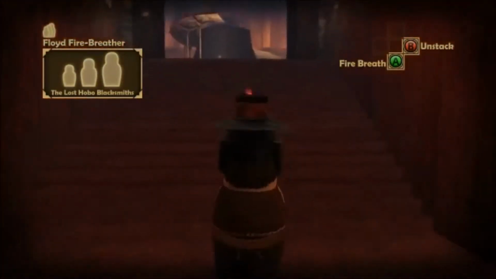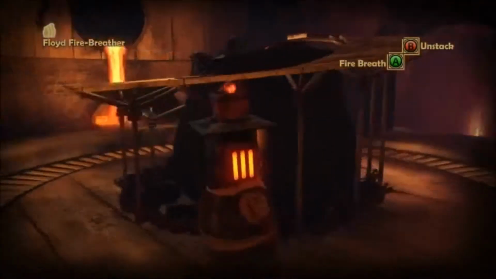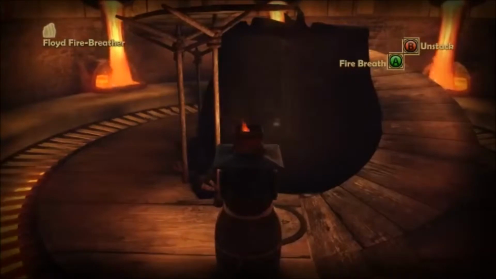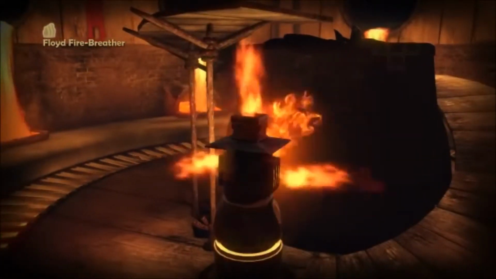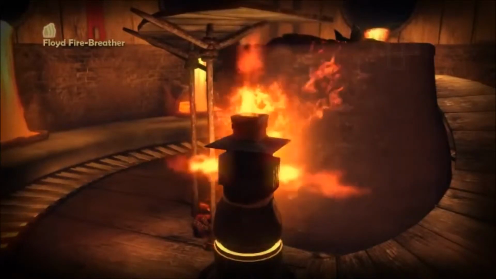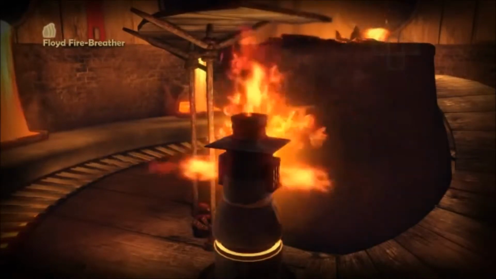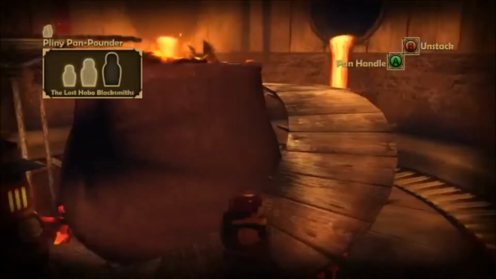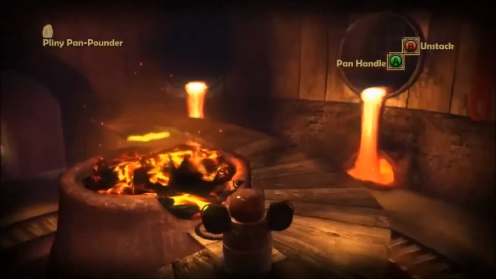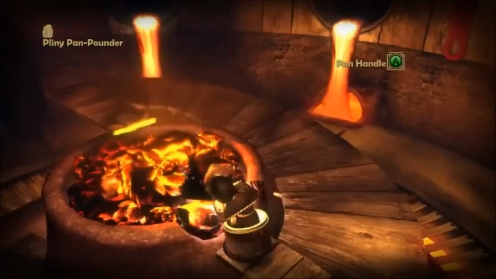Grab the hobo blacksmiths and bring them up here. We have found the forge where the crown will be made. But we need to use all of our abilities to reforge it. First thing we've got to do is have Floyd use fire breath. You have to use it on this pot until the pot is hot enough to reforge the metal. Use it twice, and there you go. You should be good. When you see that flash of light, you know you've heated it up enough. Unstack, and bring Pliny up here. Start smacking that crown into shape. Hit it a few times, and eventually...